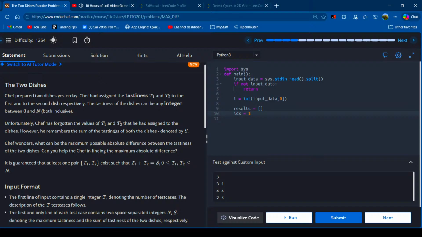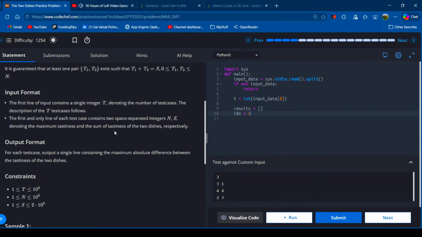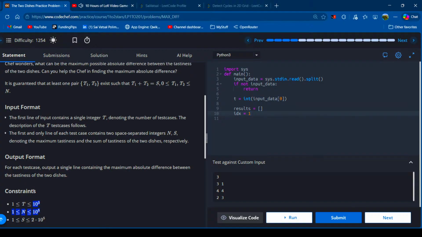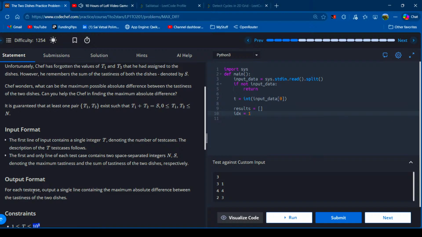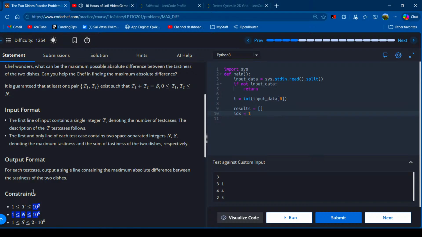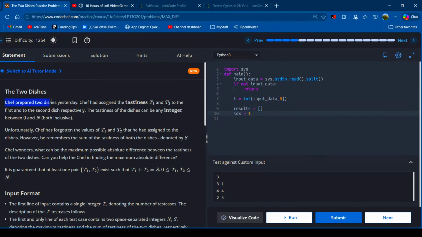Unfortunately, okay, if the statement does not work, it will go to another approach. So, 10 to the power of 3 and 10 to the power of 5. The input of the first line should be there. Jeff has prepared two digits. Jeff has assigned the base as a famous okay. And the first and the second list is